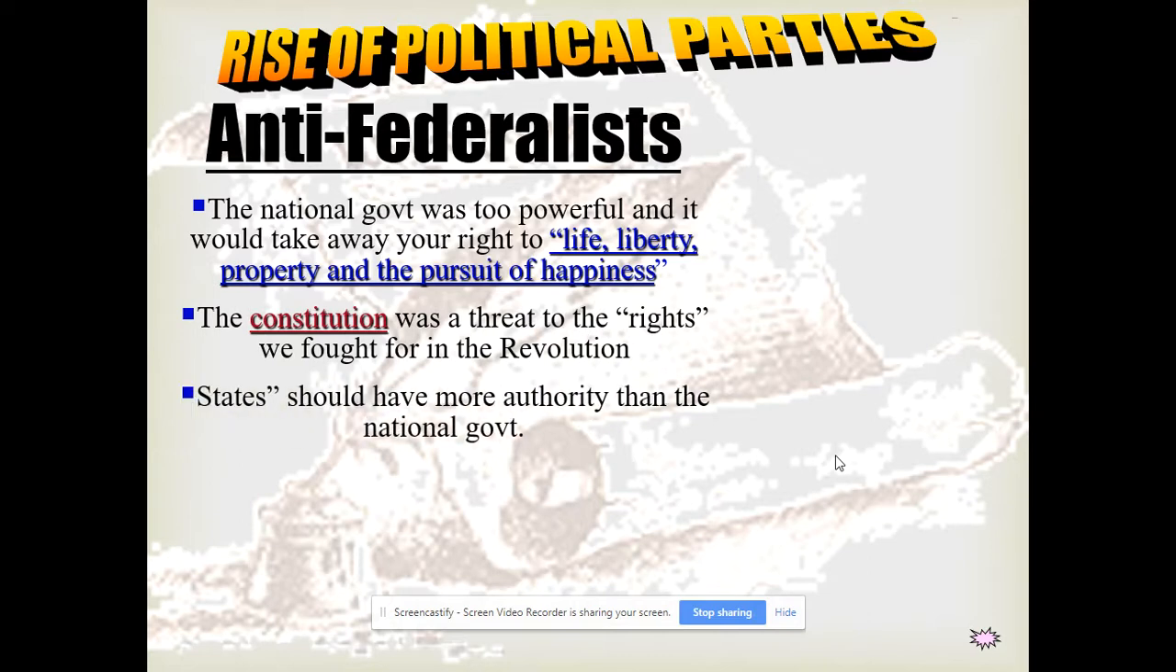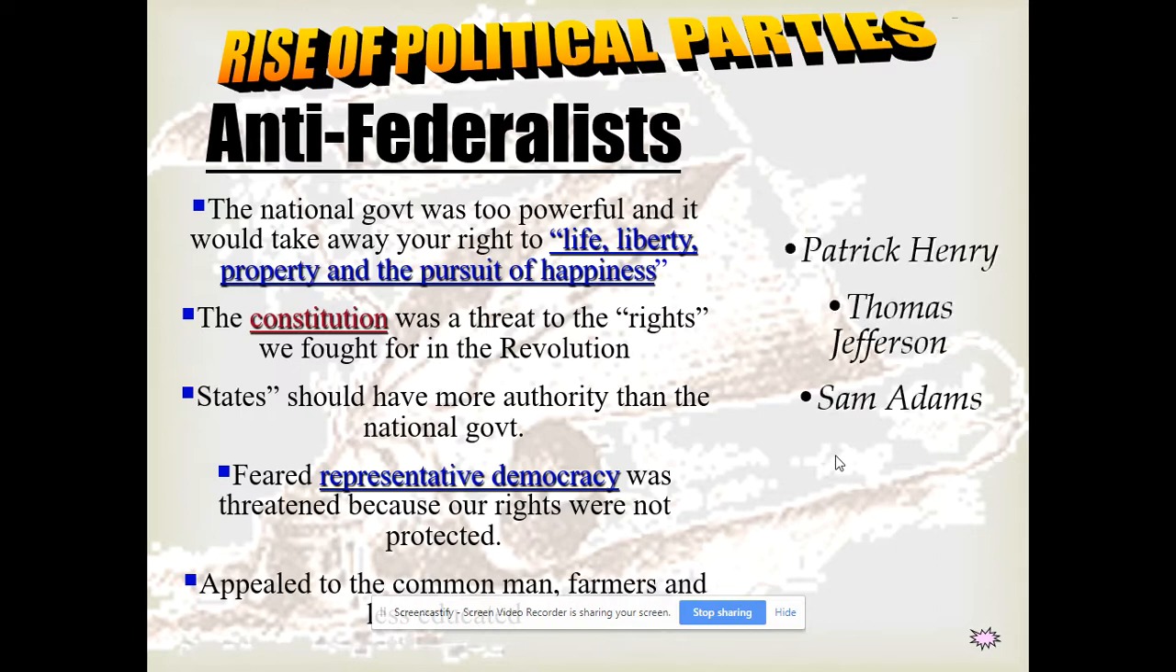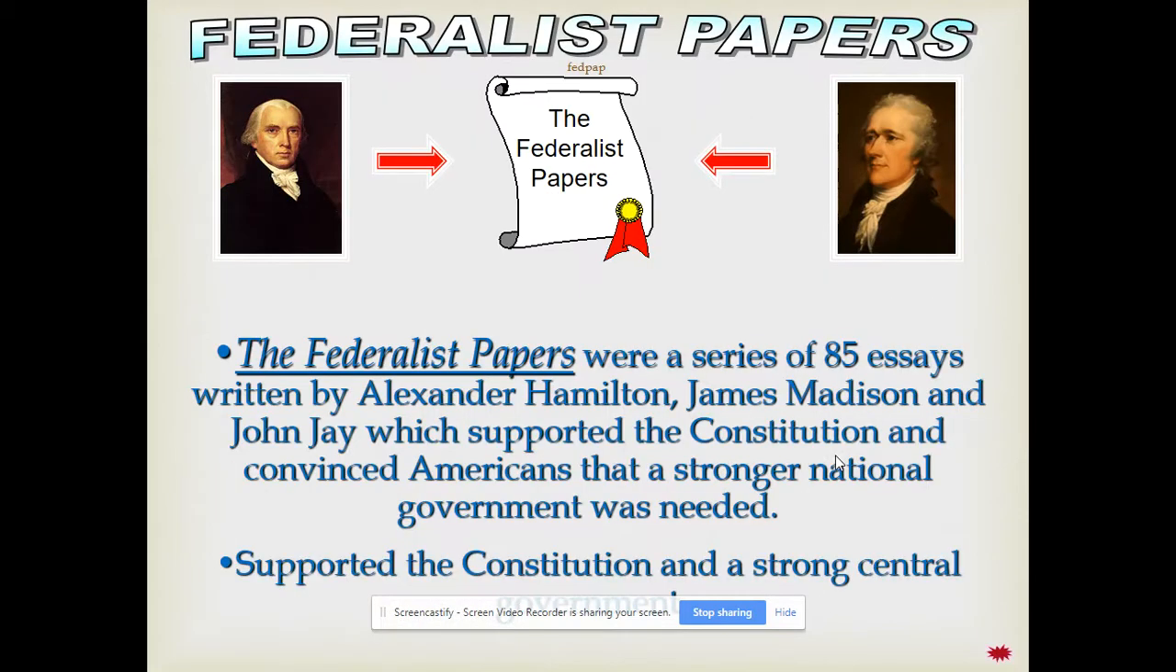All right, so the anti-Federalists felt like it had gone too far. Some of them thought that the Articles of Confederation needed to be revised, but maybe not what the Constitution actually offers. So Patrick Henry, the famous guy who said, "Give me liberty or give me death," Thomas Jefferson and Sam Adams were all anti-Federalist. So how do you convince the states that they should ratify